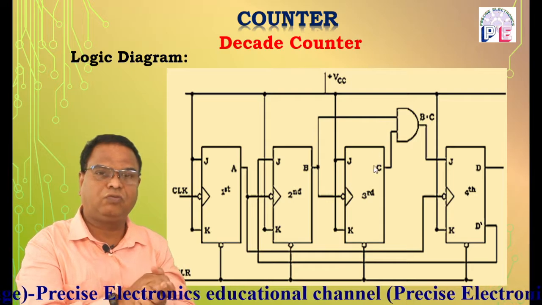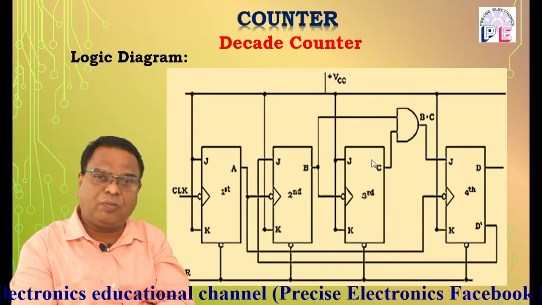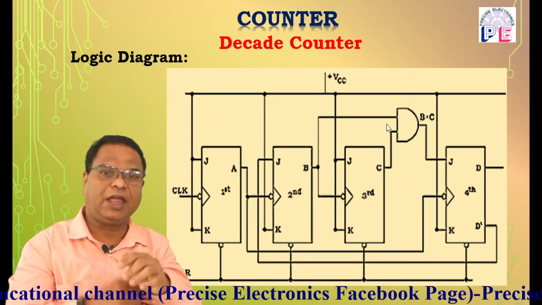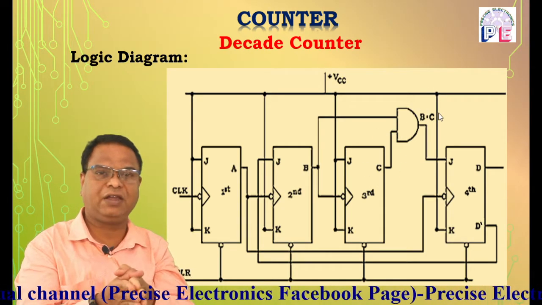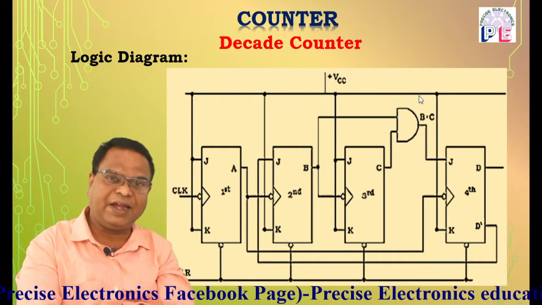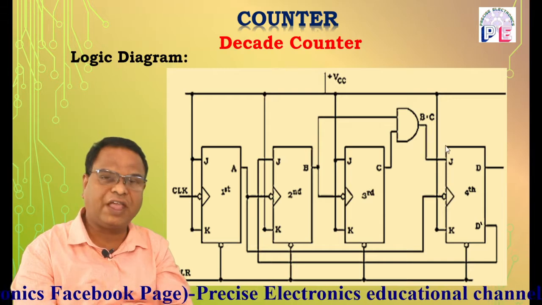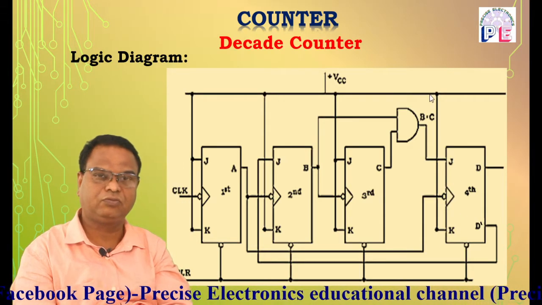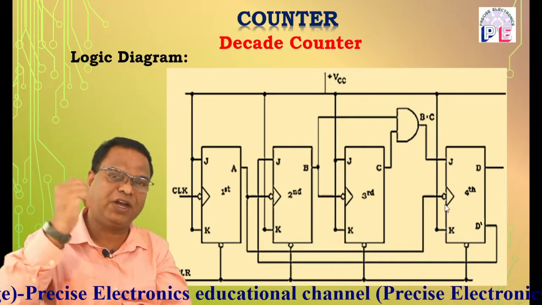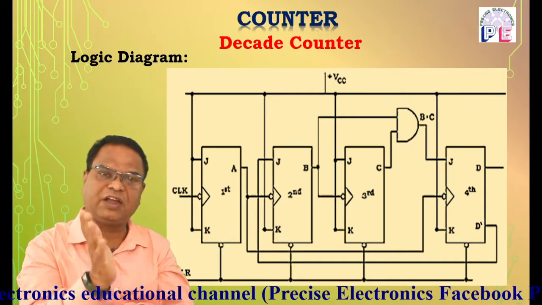Now for the third flip-flop, both J and K are connected to plus VCC. The output of the third flip-flop is connected to the AND gate as the second input of the AND gate. So the inputs of the AND gate are B and C, the output of the second flip-flop and the output of the third flip-flop. The output of the AND gate, that is B dot C, is connected to the J input of the fourth flip-flop, whose K input is already connected to plus VCC. And the clock input of the fourth flip-flop is the output of the first flip-flop, that is A. So A drives B, and A also drives the D flip-flop, the second and fourth flip-flops.